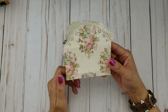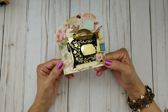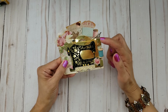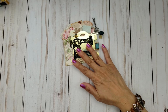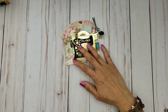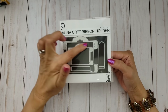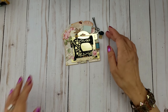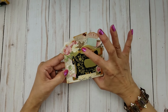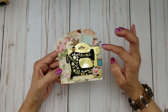And then once I did that, I made this, the spool. Oh goodness, I didn't even realize I used all these dies and I didn't pull them out. Here's the other one, the ribbon holder. I used the largest one, and I cut that out of the gold cardstock,